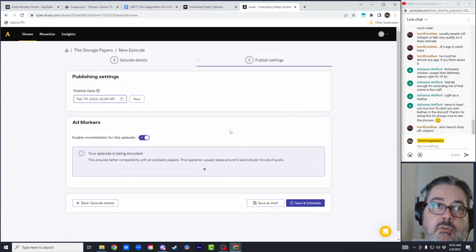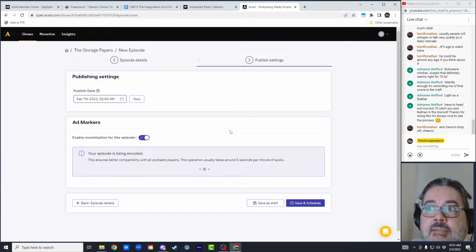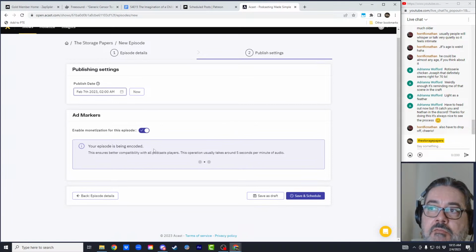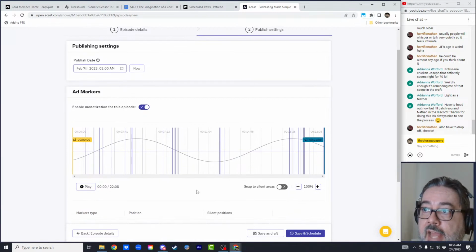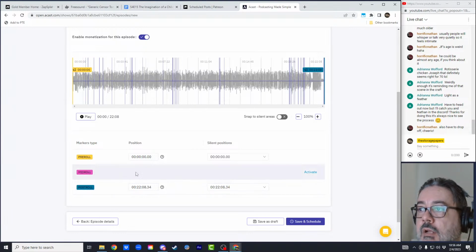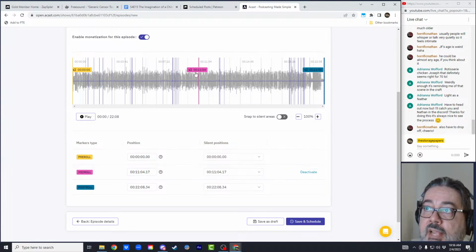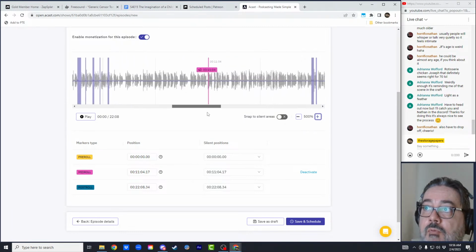All right, that's being encoded. So I have to wait for this because what I'll typically do is it's already set up in the account for pre-roll and post-roll ads, dynamic ads to be inserted. Once this waveform appears for my audio file, I need to go opt in for a mid-roll ad. There it goes. So I have to actually go in and activate, and that just randomly throws it up there. But what I like to do is kind of pick a spot around the halfway point.